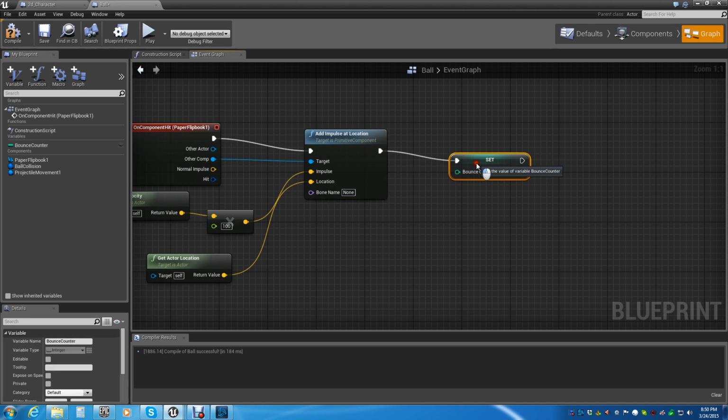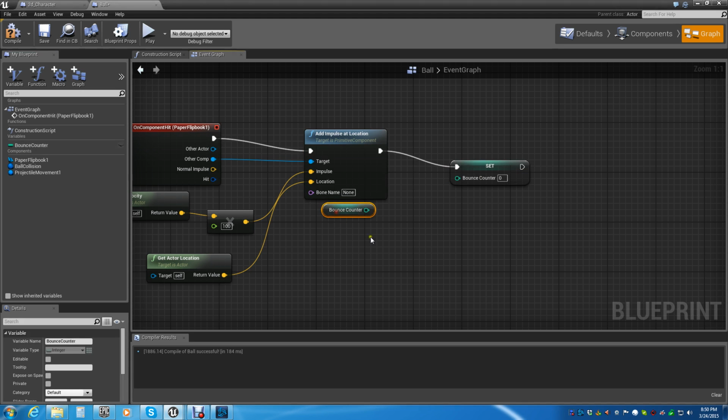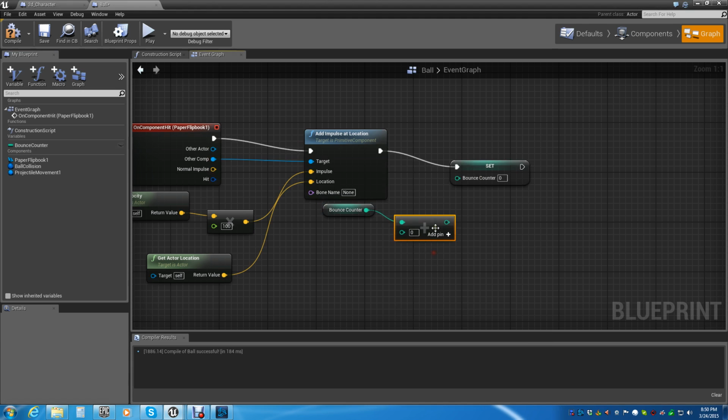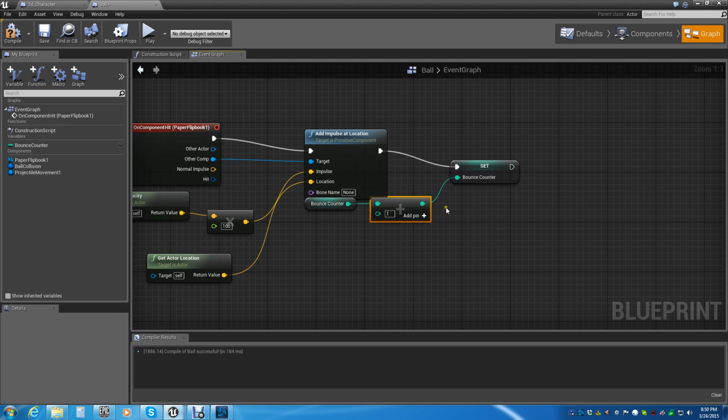So every time we fire this, we want to get the current ball count. We want to add integer to integer. We want to add 1 count. So for every time we fire this off, every time we shoot a ball, we're going to add a ball to it. Okay, we're going to add to it. And then after that, we need to know,